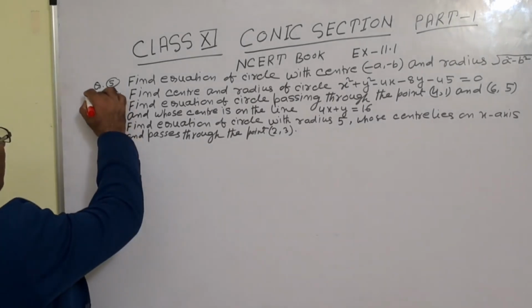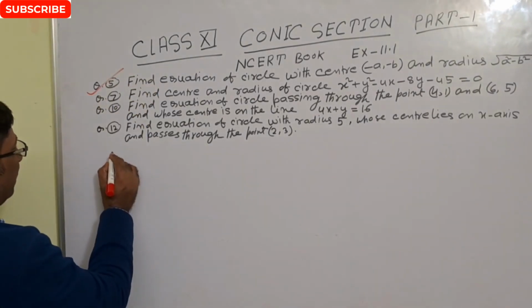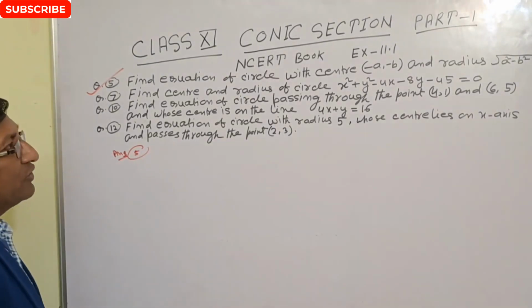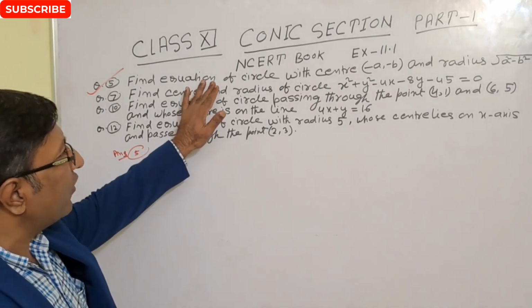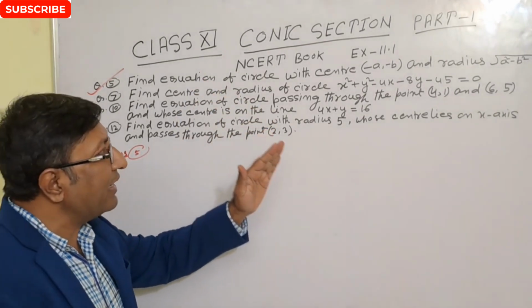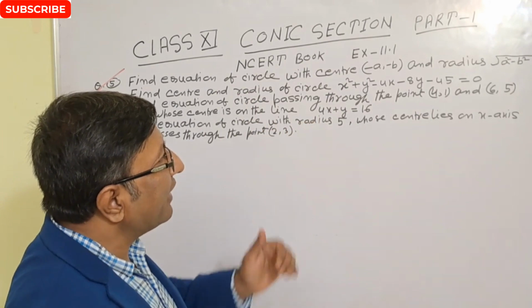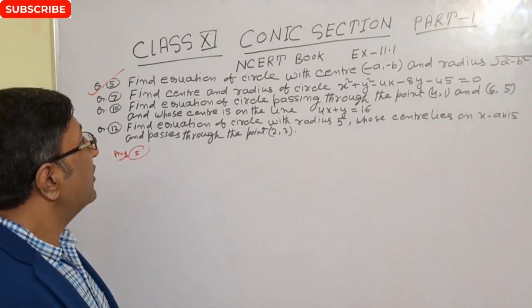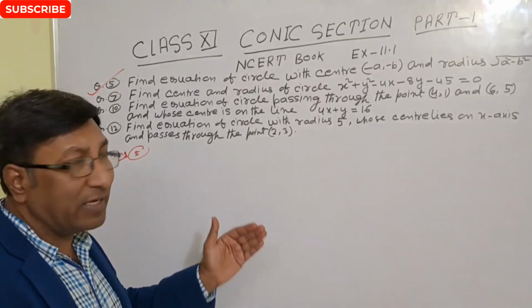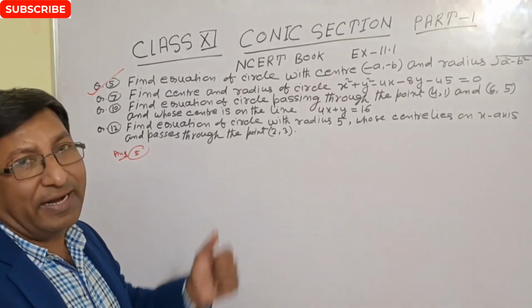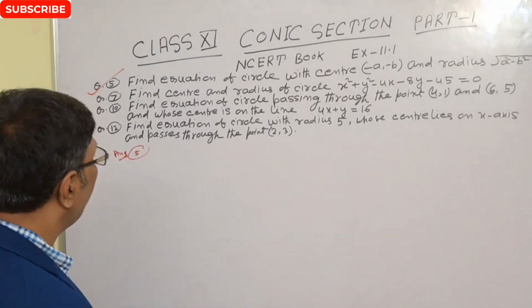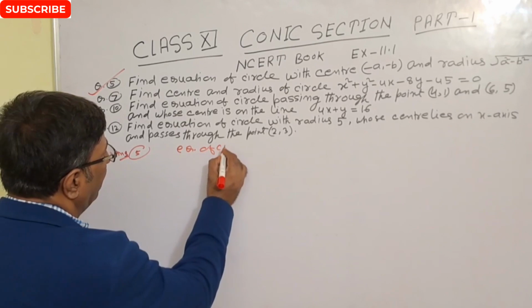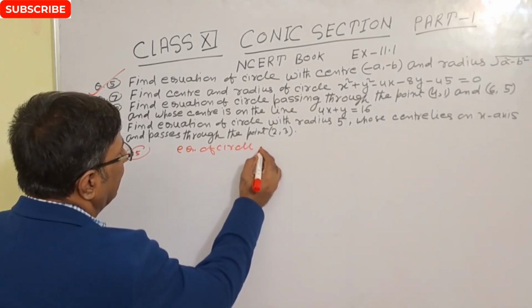चलो चेक करते हैं फर्स्ट क्वेश्चन, दैट इज क्वेश्चन नंबर 5। सो आंसर 5। सो व्हाट इज द क्वेश्चन? Find the equation of circle with center -a, -b and radius given as square root of a square minus b square. So we have to find equation of circle when center is given and radius is given. तो आप जानते हो equation of circle is